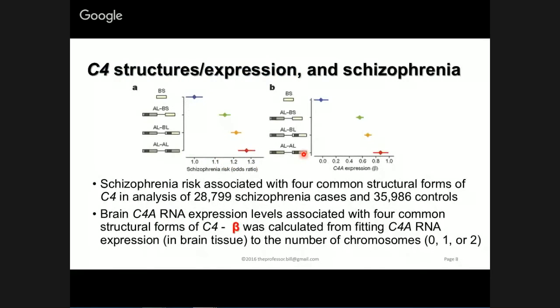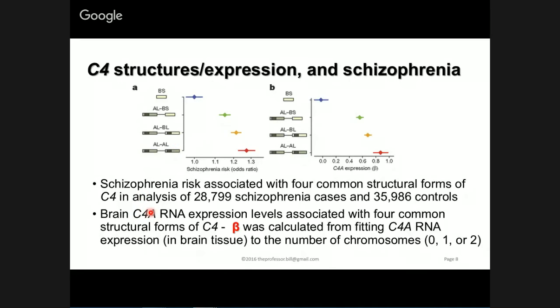Now, this is where I sort of left off. If we go back, we had 4 different types of C4 structures that were identified in this paper. So we had short forms and we had long forms. Some of those involved insertion, the dark gray hatched line here, of the human endogenous retrovirus that overall increased expression. And we have long forms of the C4A or AL, and then we have the C4B, the short form, or the C4B long form. If we were to take a look overall and we looked at the brain RNA levels